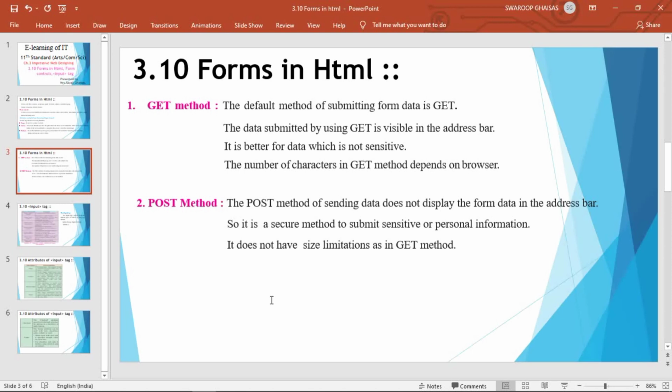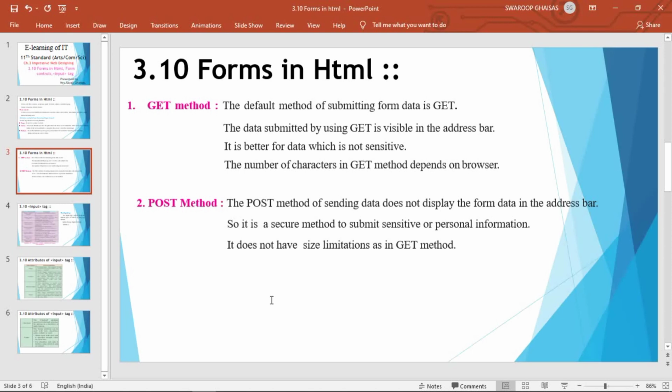So this is the difference between get method and post method. Get is the default method, post is not the default method. Get cannot be used for sending sensitive kind of data. Post method can be used to transfer sensitive or personal information also. Data that is submitted using get method is visible in the address bar, but in case of the post method, it is not visible in the address bar.